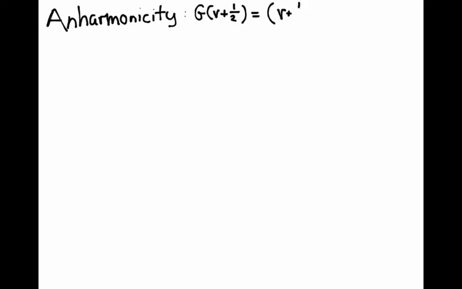But then we drew a bond, and it's not a parabola. It doesn't go on forever. And so there's this thing called anharmonicity. And we're going to treat the anharmonic oscillator. And the basic idea is that the